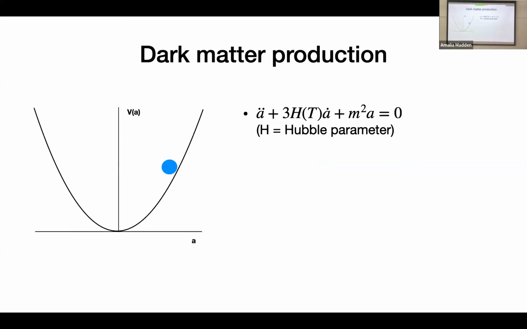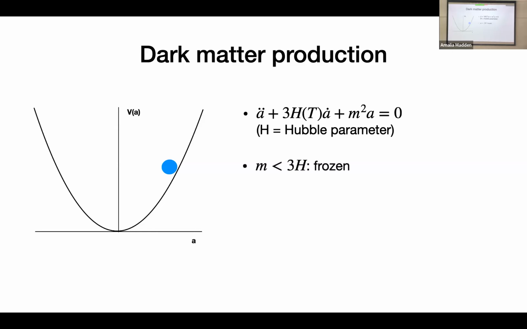Now, if you remember from the beginning, one of the other things that tell us that our dark matter model is really well motivated is if we have a consistent production mechanism. And what will be relevant here is the misalignment mechanism. So for those that don't know about this, the idea is that in the early universe, the axion has an equation of motion, where here these dots refer to its time derivative, where the friction is set by the Hubble parameter.